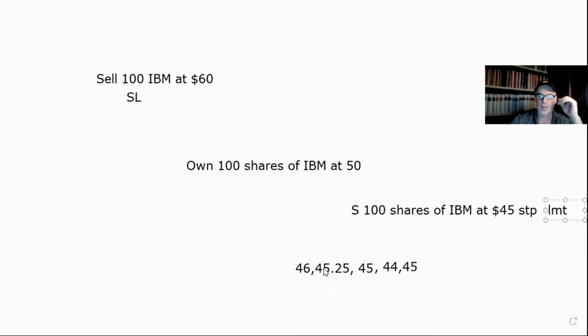So if I did a 45 stop limit, 46, 45 and a quarter, boom, it triggers here. But now it's a limit order, which means I'll sell it at 45 or higher. So I will not sell it at 44. I'll sell it the next time it trades at 45 or higher, which is that trade. So I sell it at 45. The risk there is that if it trades at 45 and then 44, then 43, then 0, you never sell your shares. So it's risk reward on that. I'm not a fan of limit orders because I don't sell 200-300 shares at a time, so a penny here and there doesn't matter. But some people don't like to take that risk.